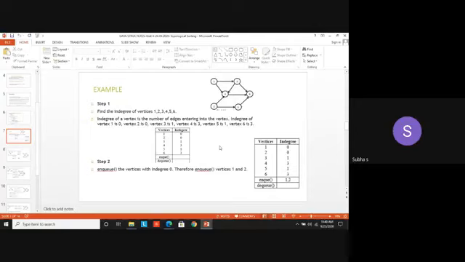Okay. So this is your graph given, finding in degree. Initially you have 1 and 2. Either you can put 2 as the first element in the queue or 1 as the first element. As told earlier, you can choose any one element, then proceed in that order. If I choose 2 as the first element in the queue, you have to dequeue 2 first, then find its adjacent vertices. For the adjacent vertices, you have to decrement. What are the adjacent vertices for 2? 4 and 5. So decrement their in degree by 1. So now the in degree 3 will become 2, and for 5 it will become 0.